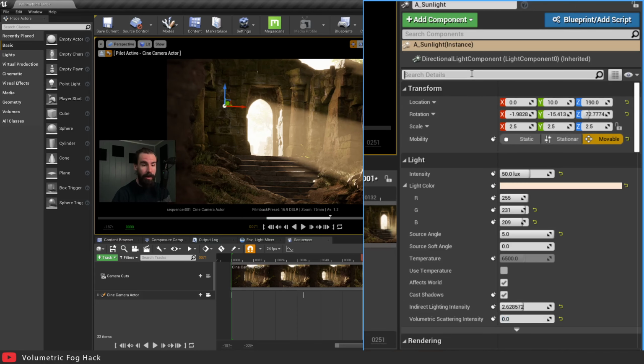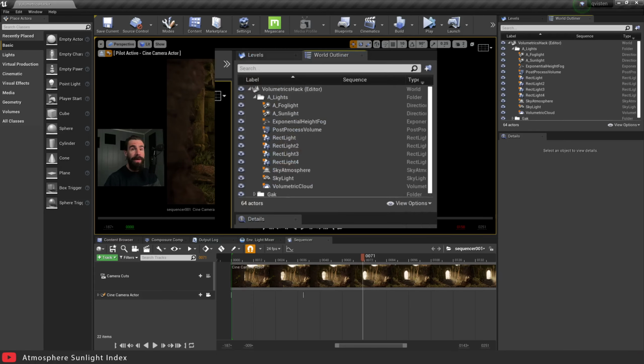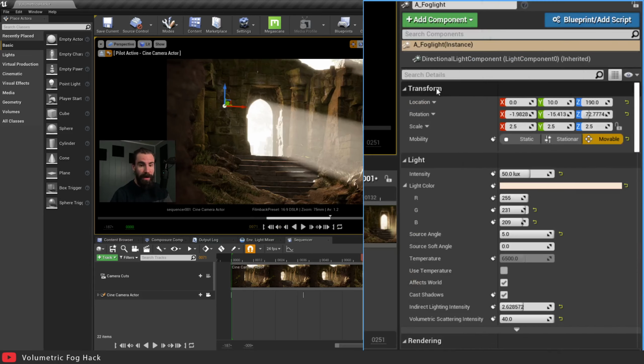And then I'm going to go back and turn on cast ray tracing shadows. So now we set up our main sunlight. So next up, what we want to do is select our fog light, and we're going to